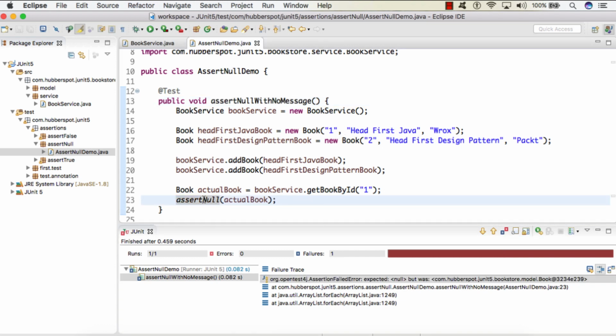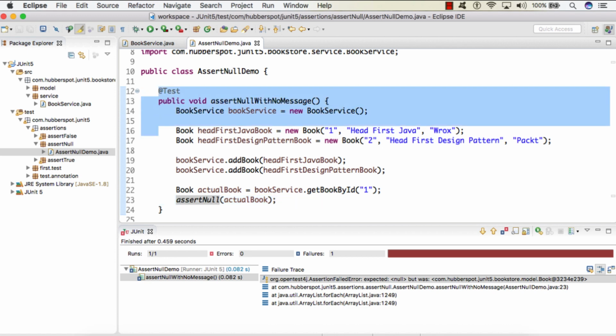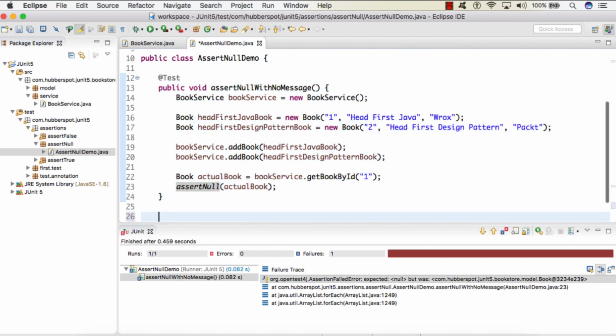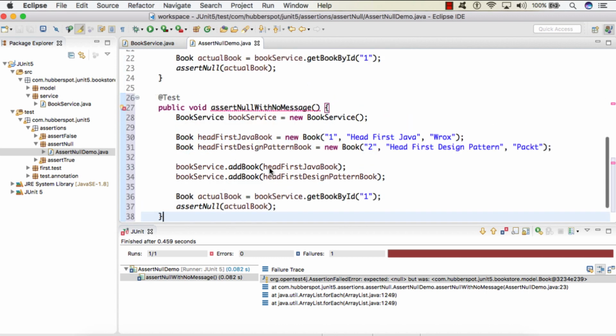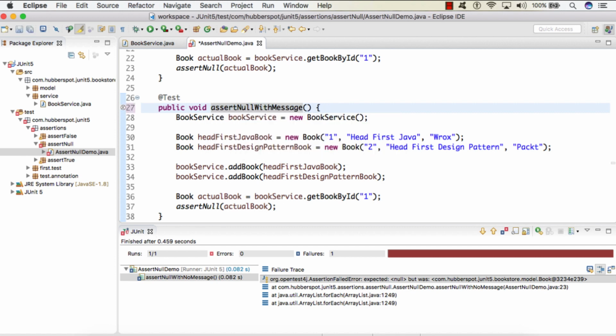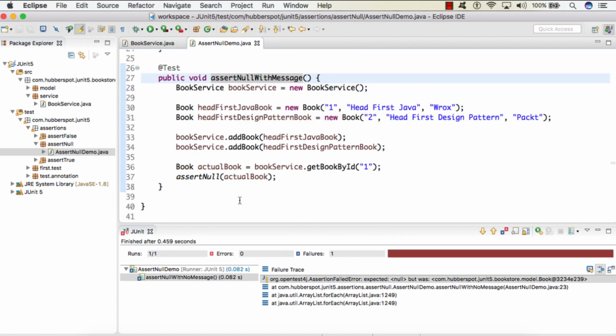So friend, this was the first overloaded assertNull method. Now let's see the demonstration of the second assertNull method. I'll just copy paste and give the name as assertNull with message. The second overloaded method takes in two parameters.